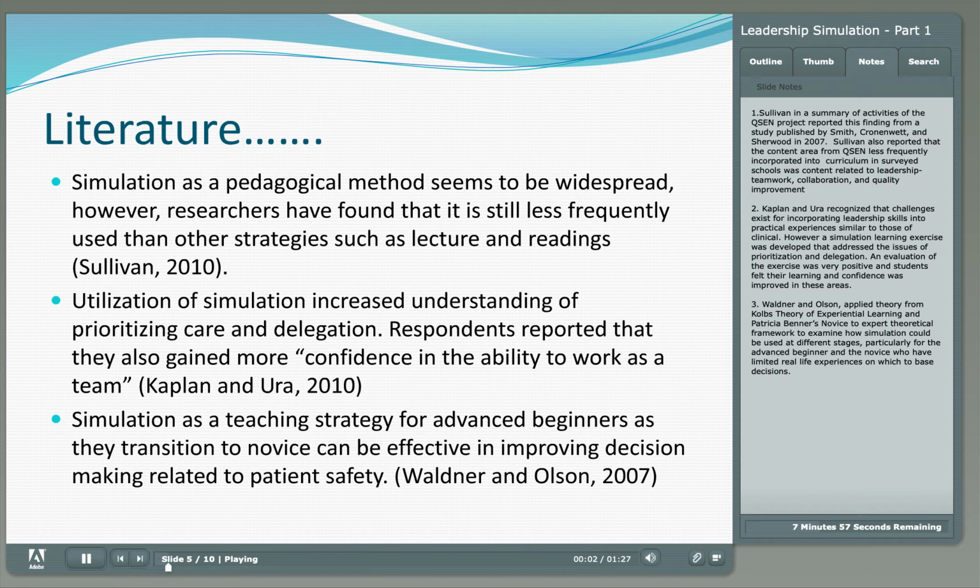Sullivan, in a summary of activities of the QSEN project, reported this finding from a study published by Smith, Cronenwet, and Sherwood in 2007. Sullivan also reported that the content area from QSEN less frequently incorporated into curriculum in the surveyed schools was that content related to leadership, teamwork, collaboration,